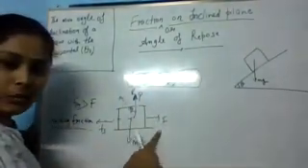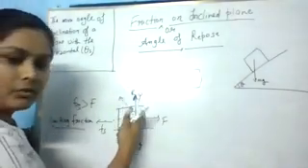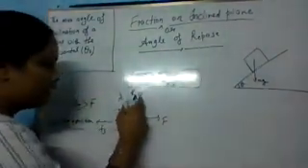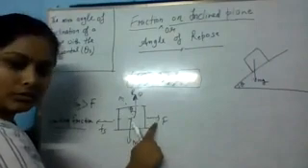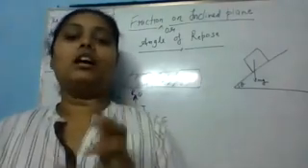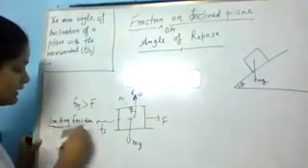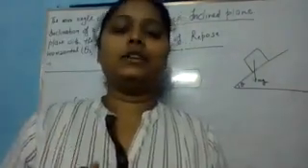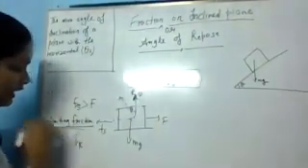When we apply a force, maybe here on the right hand side, the reaction force shifts to the left hand side by some angle. This component balances the weight, that is mg, and this component opposes the motion. This is your static friction. At one point after that, the body starts to move. That particular static friction is known as limiting friction. And after that, when motion starts, that friction gets converted into kinetic friction, and we represent the kinetic friction as Fk.